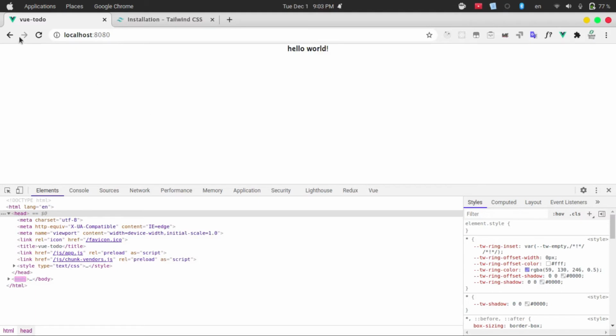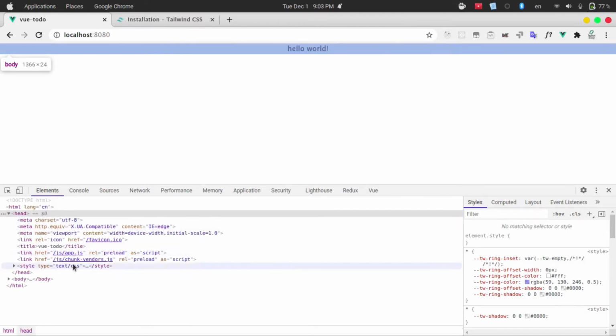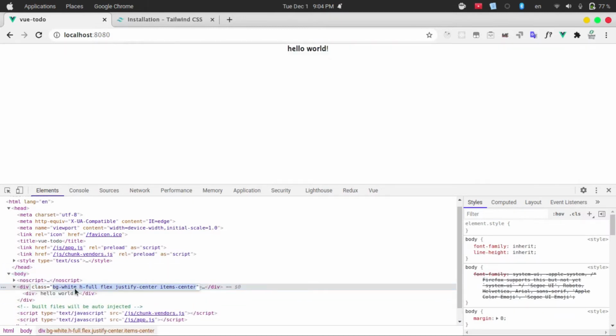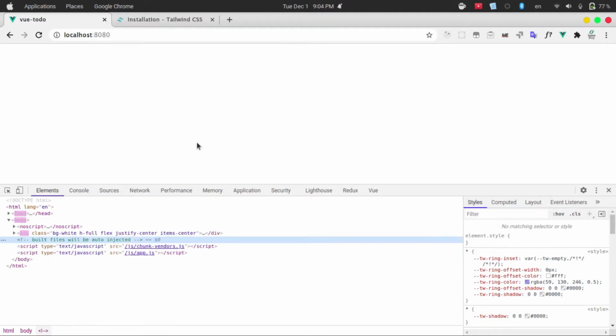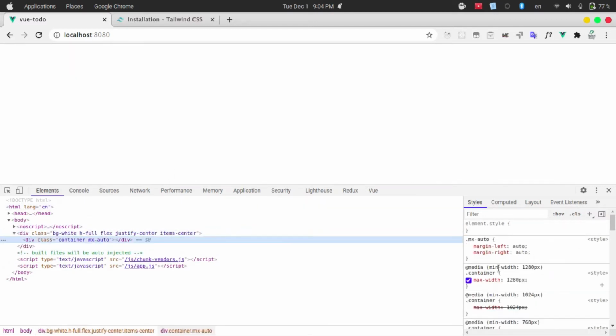I mean, you can see if I refresh this, and let's see the body element, then we have this thing. I need to save this file. Okay, let's see. Container means with minimum width 1280, the max width should be 1280, and mx-auto means margin left auto and margin right auto,